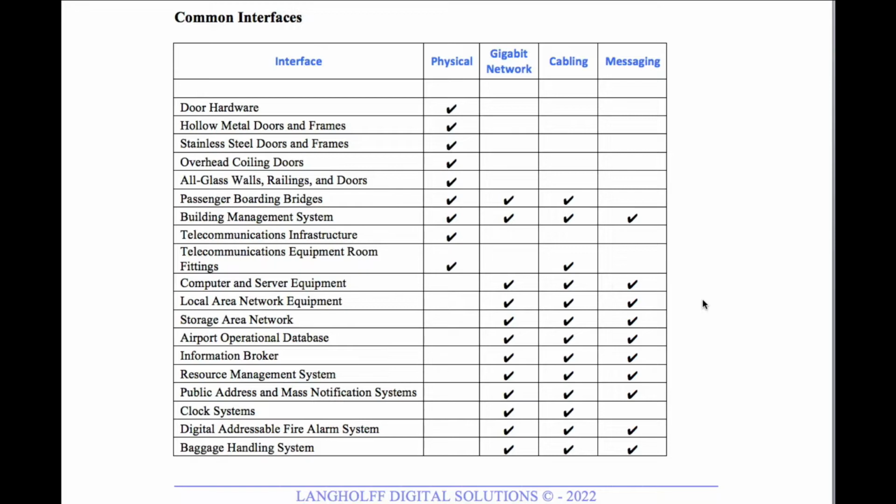Conversely, you can get the hardware from the access control manufacturer to incorporate in the door. Now that becomes problematic because then you end up either having to ship the hardware to the door manufacturer so they can build it, or you have to try to do it on site.